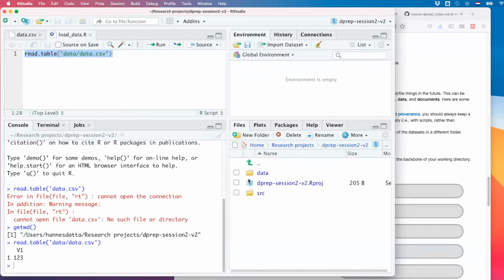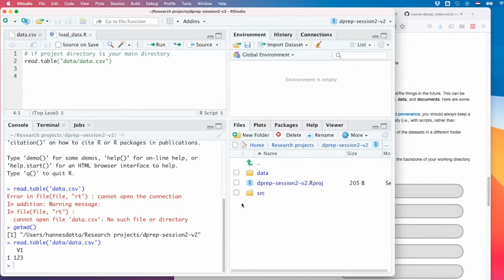There are multiple ways in which working directories are handled. Some people prefer to always make the working directory the project directory. So you would have to prepend data/, if the project directory is your main directory.